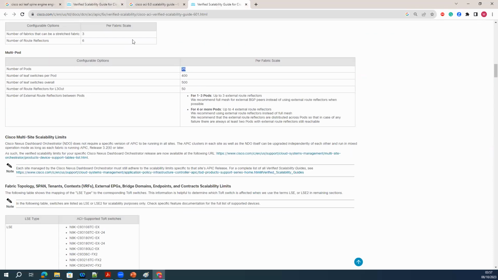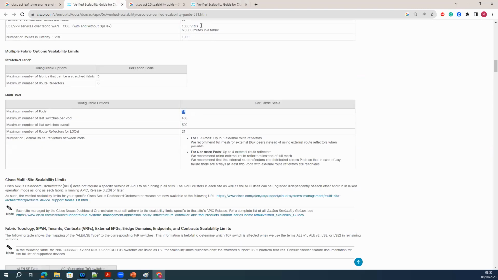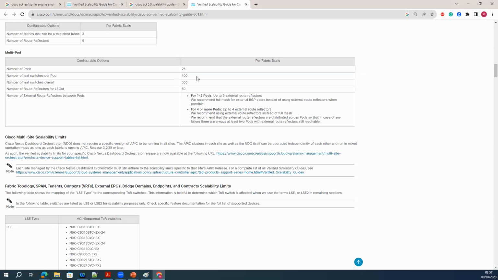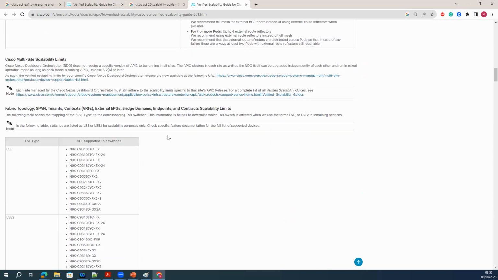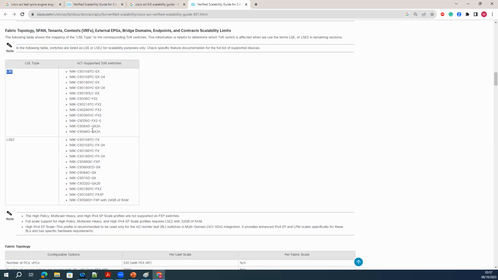It was how many? 12, right? Yeah, 12. Now it is 25 because this version 6 also has a new feature which we call the virtual APIC. These are the ALE and ALE2 engine types which you can get from this version.